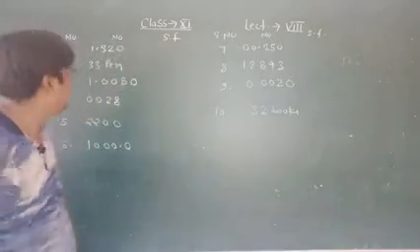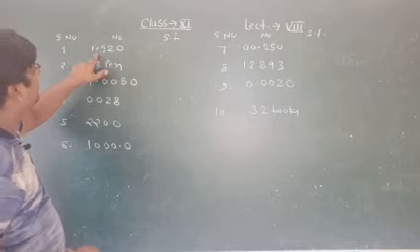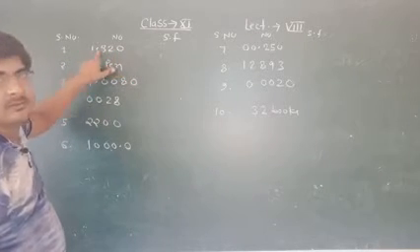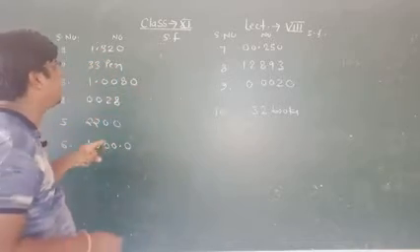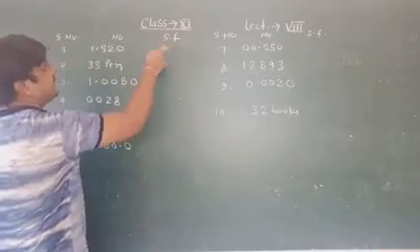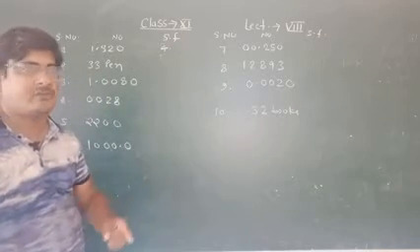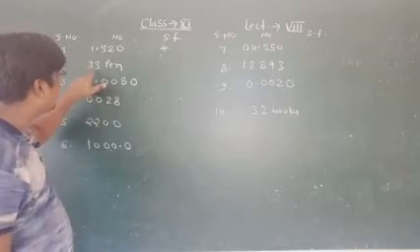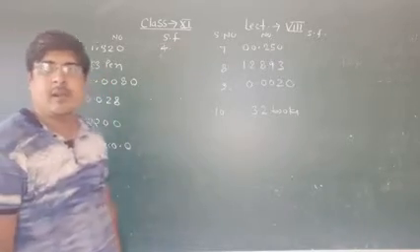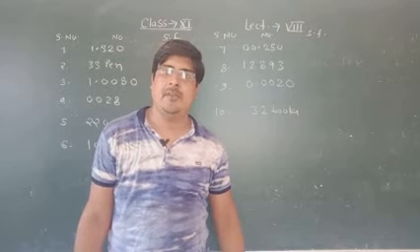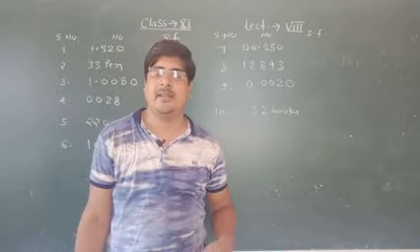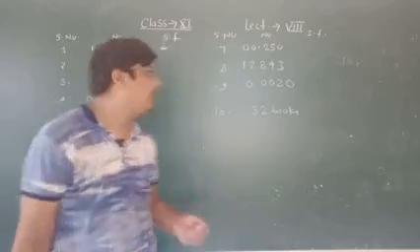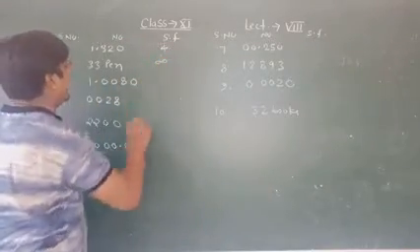Okay, promise? Okay. Here 1.320. This 0 is after the point, so this 0 will be included in significant figures. So here the significant figure is 4. Match your answer. Here the significant figure is 4. Okay. 33 pens. It is the counting of pens, and in the previous video I have already told you, in the counting of any number there will be infinite significant figures. So here the significant figure is infinite.